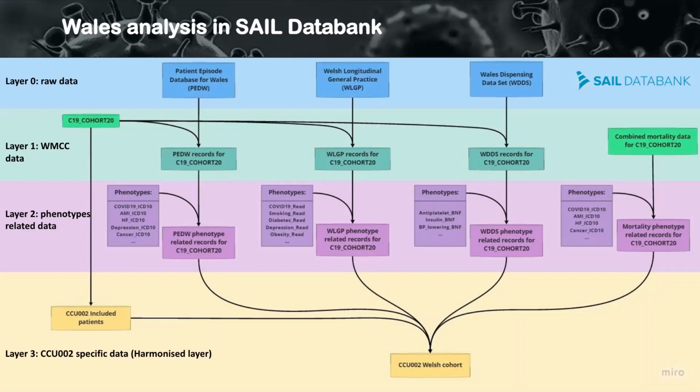However, there were some cases where we needed to diverge from the source. For example, for primary care data, we have used the Read codes as this data source is coded in Read. Finally, we arrive at layer 3, the project-specific layer, where all table names and column names are exactly the same as the English version and so are harmonized. Therefore, any analytical pipeline developed in the English environment is reproducible with minimal changes in the Welsh environment. There were some challenges in harmonizing data, and I'm happy to discuss them later if there is a question. Next slide, please.